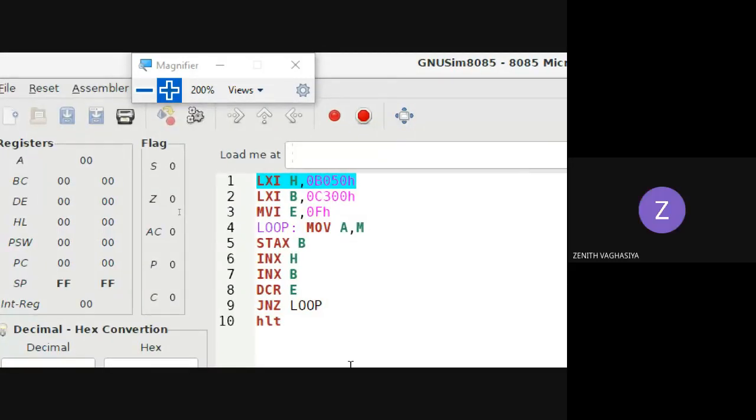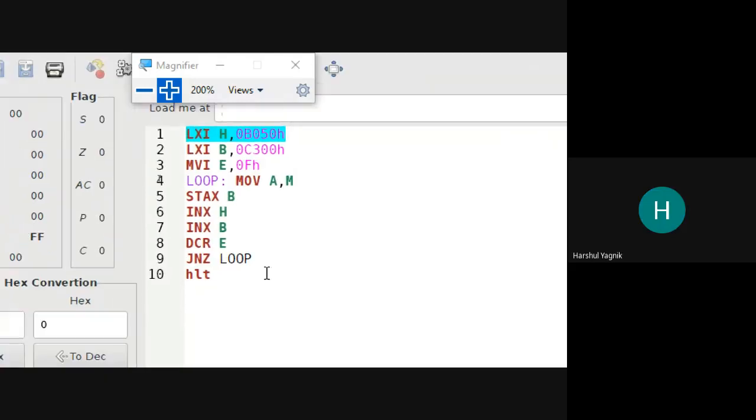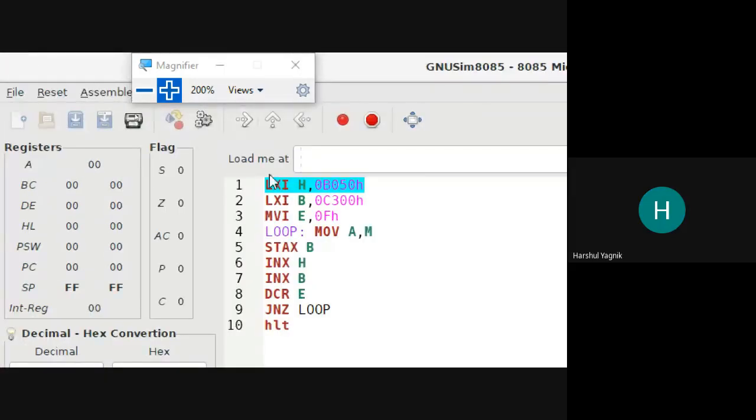Okay. So when we run the first instruction, this will load the HL register pair with value B050H. So I'm running it, and we can check the content of HL register pair is B050H. This instruction took 3 bytes in the program memory, and so the program counter has reached from C000H to C003H.